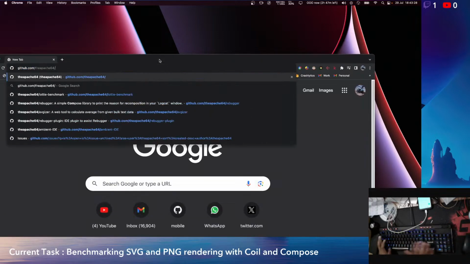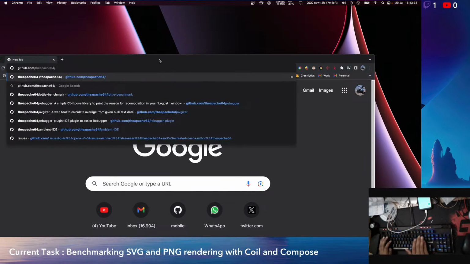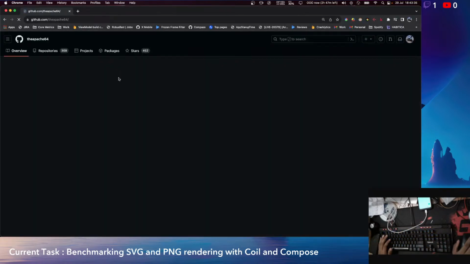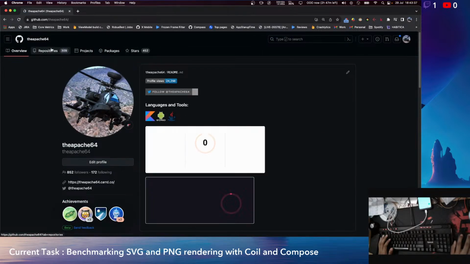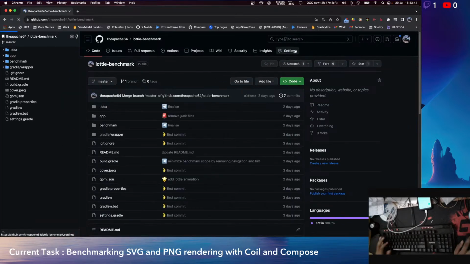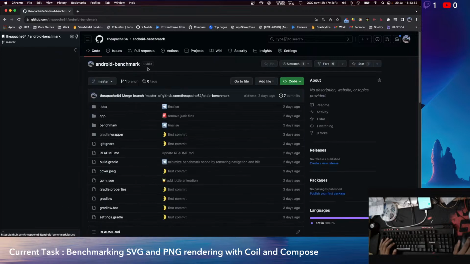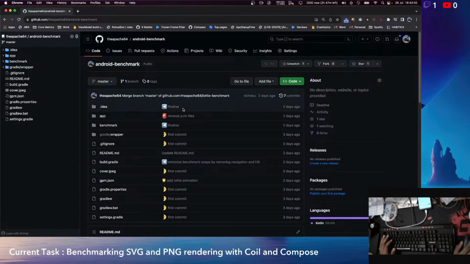Yep. GitHub benchmark. We already have a benchmark report. Lottie benchmark. We will be renaming this report to something like Android benchmark. And we need to do one thing. We need to move this to a different branch first. So first,